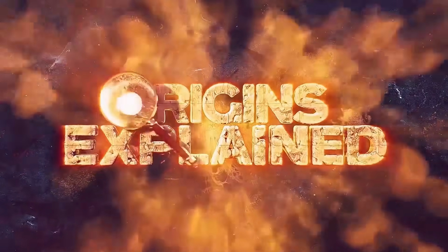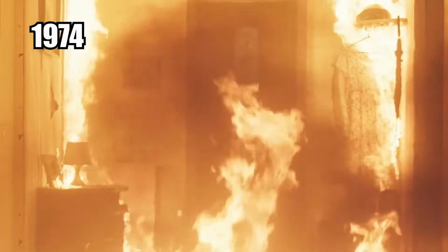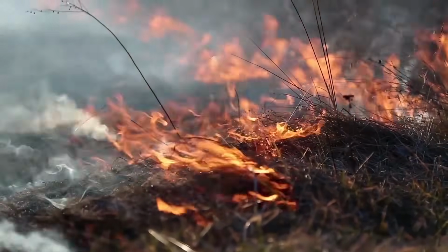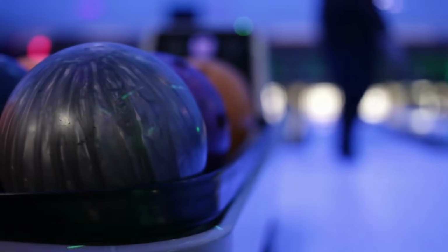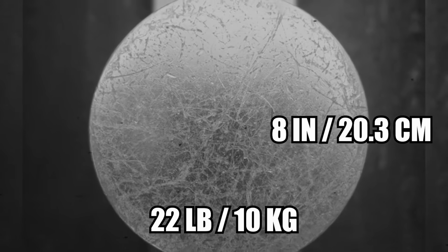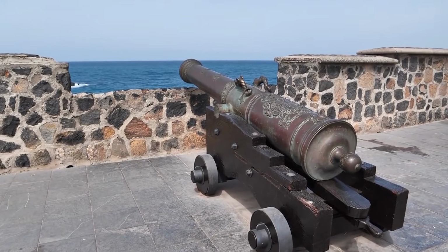Betts's Mystery Sphere. In 1974, a family's house caught fire in Fort George Island, Florida. The story goes that in the ashes they found a strange metal sphere with an apparent mind of its own in their backyard. It's rumored to be smaller but heavier than a bowling ball, measuring 8 inches in diameter and weighing 22 pounds. At first, the family believed that the item was a cannonball left behind from a war, but